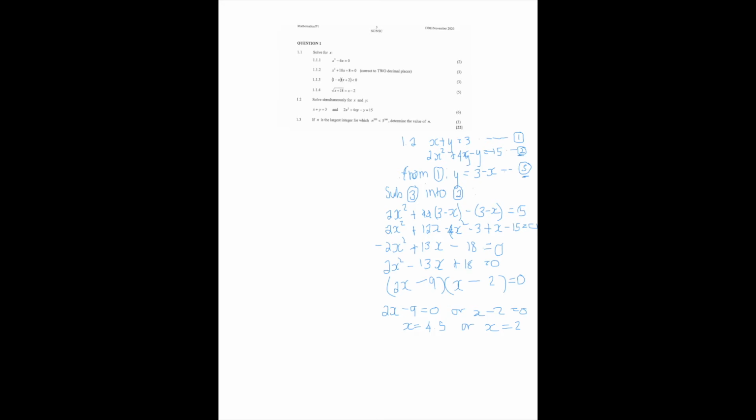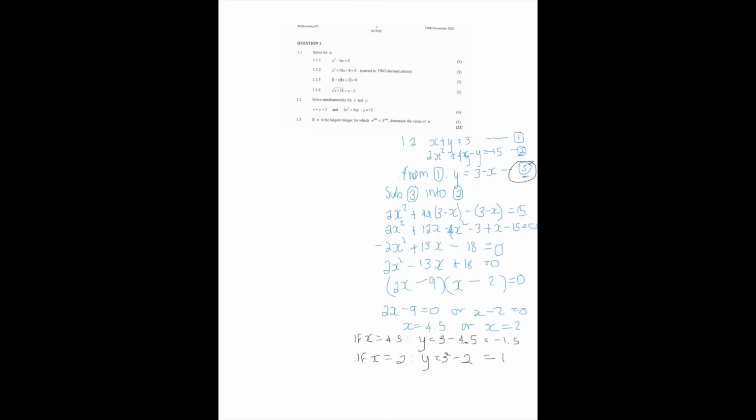So if x is equal to 4.5, then according to equation 3, y is equal to 3 minus 4.5, which is equal to minus 1.5, right? And if x is equal to 2, then y will be equal to 3 minus 2, which is equal to